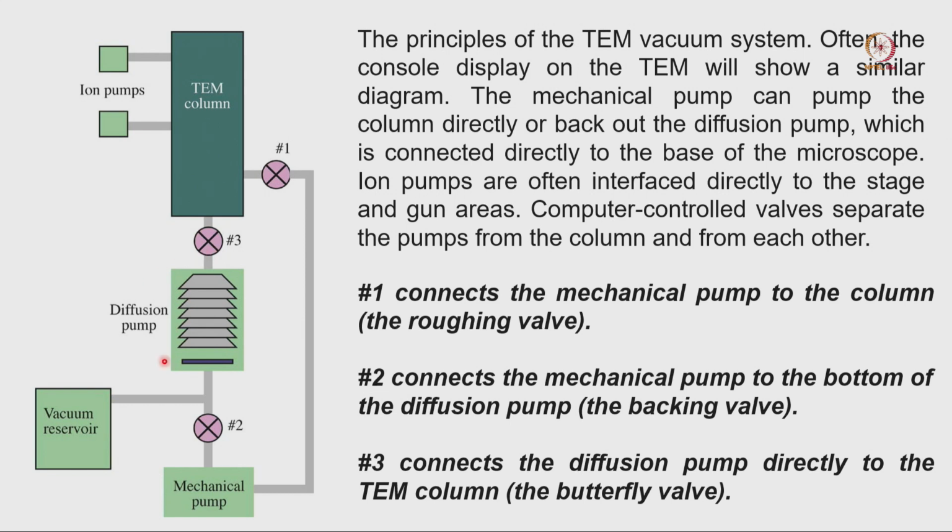There is a diffusion pump, the oil diffusion pump I was telling you about, which can contaminate. Some microscopes have this diffusion pump, but nowadays those are not there, only the mechanical pump is working. There is a buffer tank or vacuum reservoir, which collects all the air molecules and moisture. This is overall how the vacuum system works in the electron microscope, and it is very important for our imaging also. If we do not have a proper high vacuum, it is going to affect our imaging system.